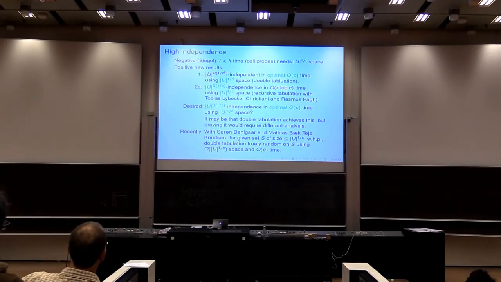When I say we have this level of independence, it means that for every single subset of the universe of this size, you have independence in that set. This statement is different. It says you have one set in mind. I now get to toss the random coins, filling in the different tables. And now, on this particular set, or any set of polynomial number of these sets, I get full randomness in